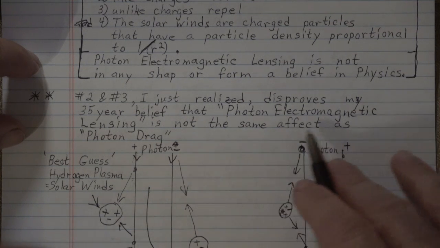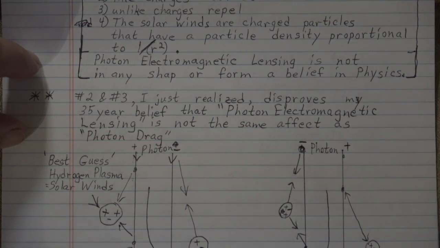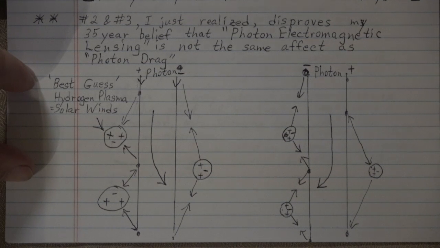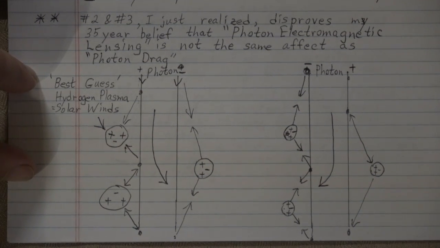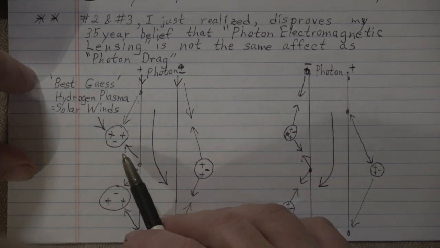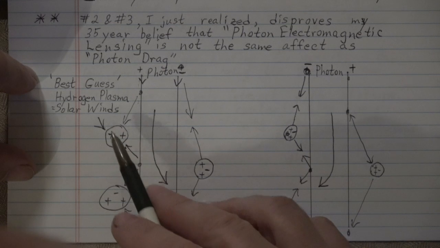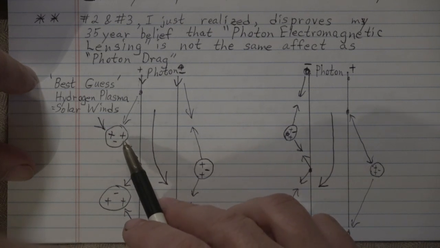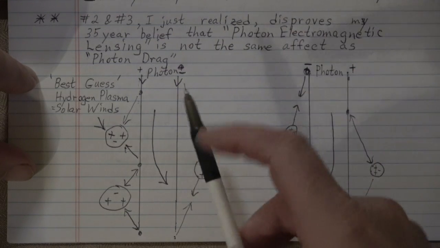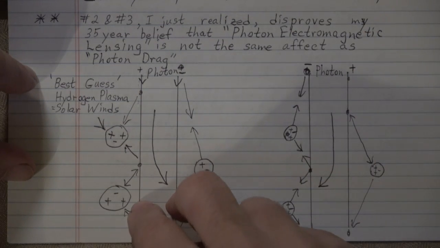Yeah, disprove my photon. It is not the same as photon drag, and right here is the best why. Hydrogen plasma of solar winds. The best information I can get on it is that it is a positive charged hydrogen plasma ejection. And as a photon goes through it, if we look at it from the double helix side,